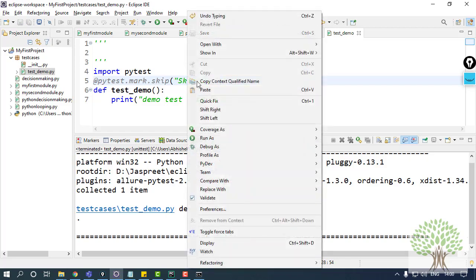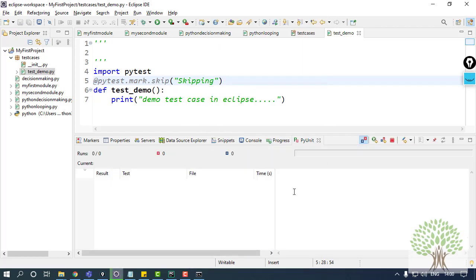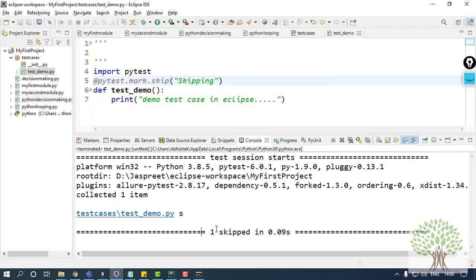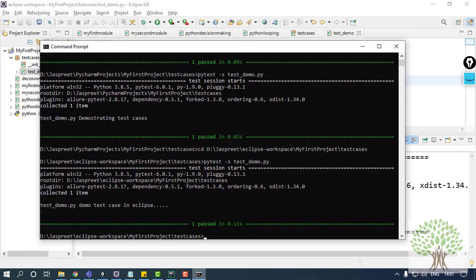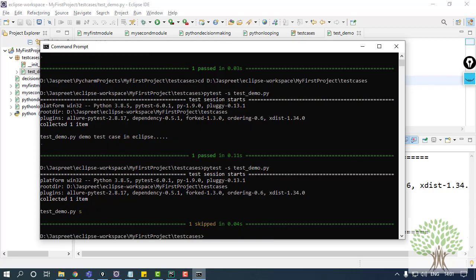Okay, I run this Python unit test, and over here also my test case will get skipped. Now over here in the console I am getting S. This is with the help of the verbosity, the additional information. If you want to run this again from your command prompt, just give the command again, and this time whatever changes you have made, the skip statement added on, on the console the same output is going to be over there. Okay.